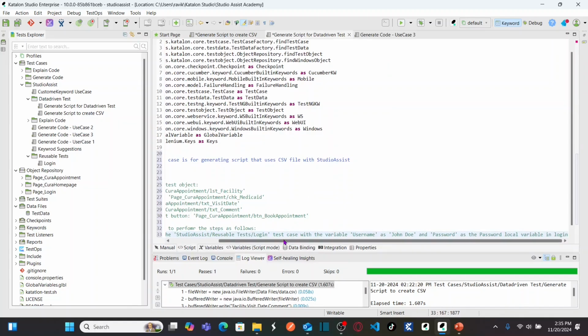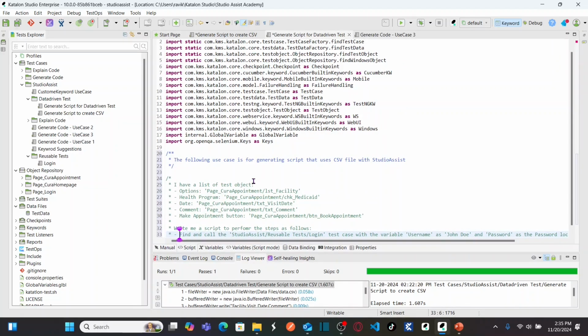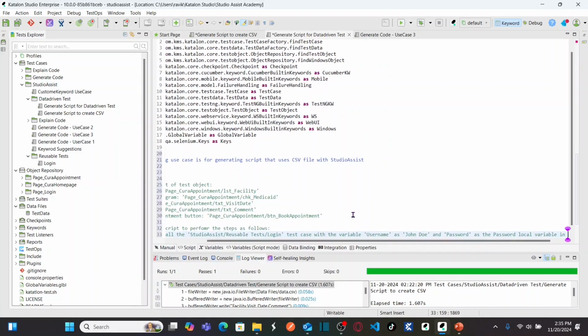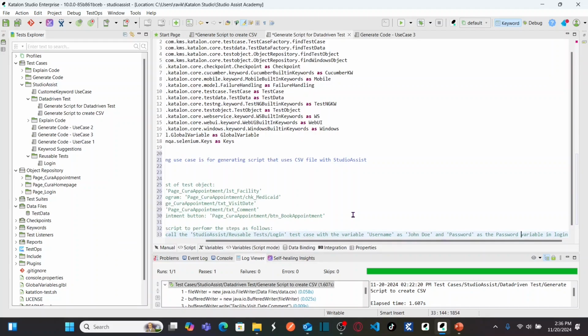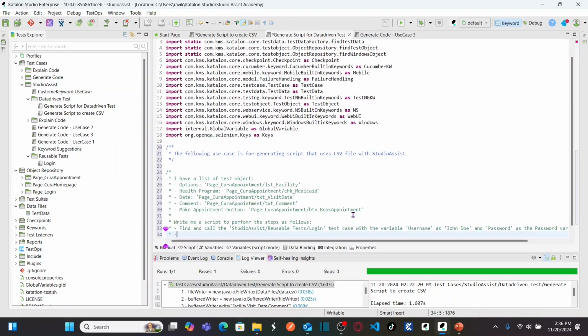So what I'm specifying here: find and call, under StudioAssist, you have another folder called reusable tests, under which I have stored a reusable test case called login with variable, which is username as Jando and the password as password variable in login. And then my next step is